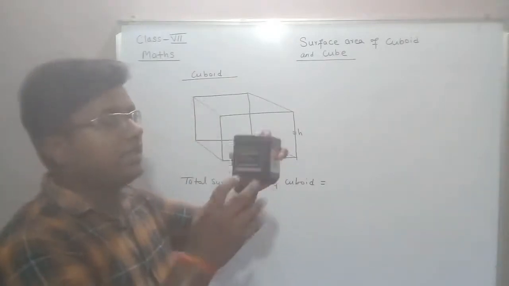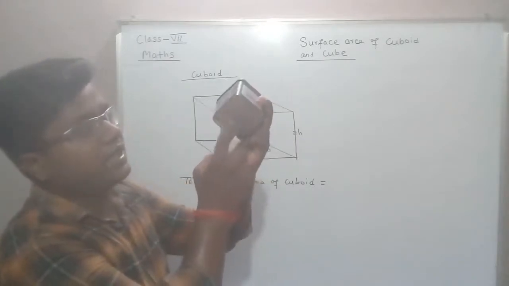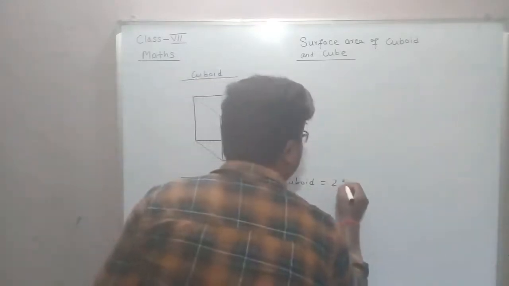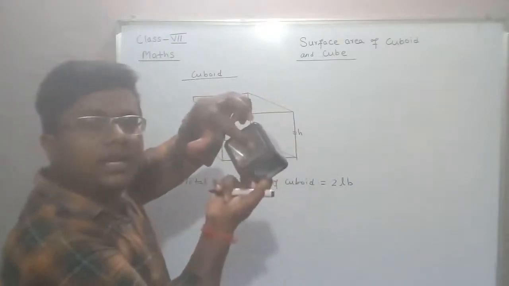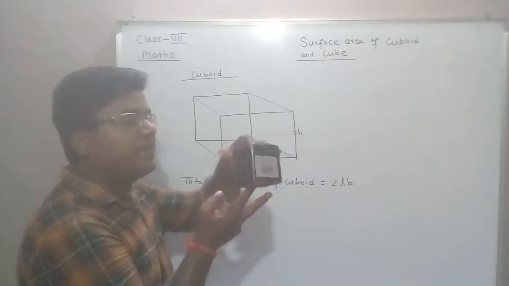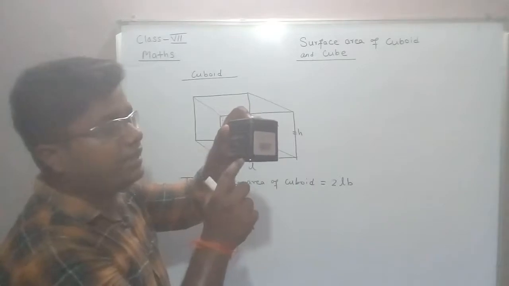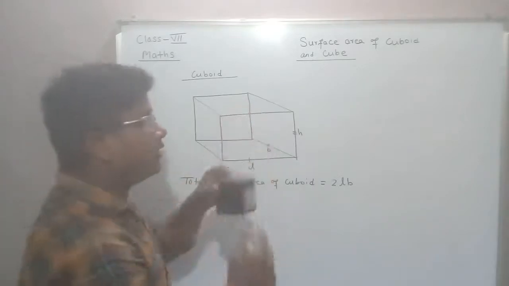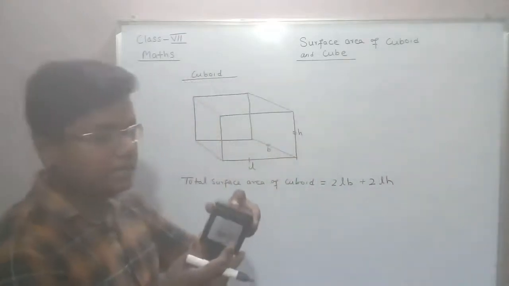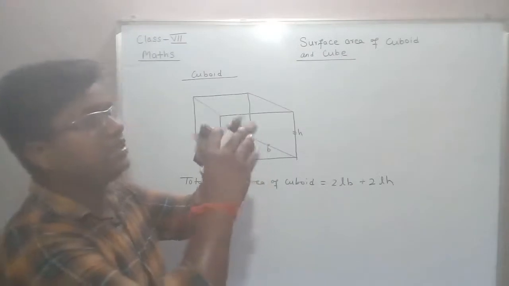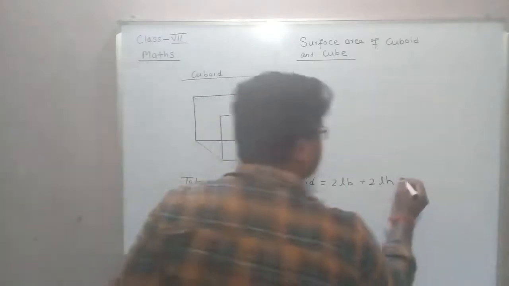For this surface, this is your length and this is your breadth. There are two areas of length into breadth, because this surface is length into breadth and this surface is also length into breadth. So 2LB. Similarly, this is your length and this is your height, so plus 2 length into height. Similarly, this is your breadth and this is your height, so there are 2